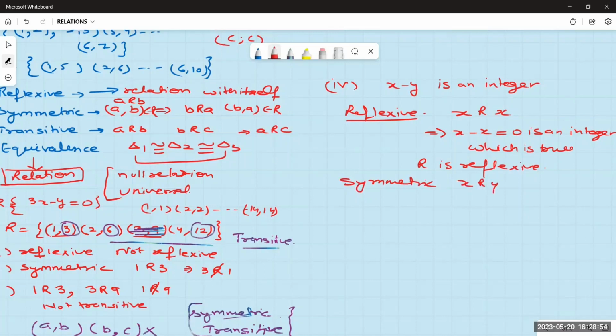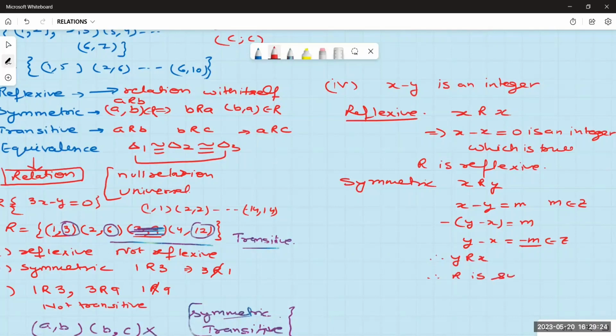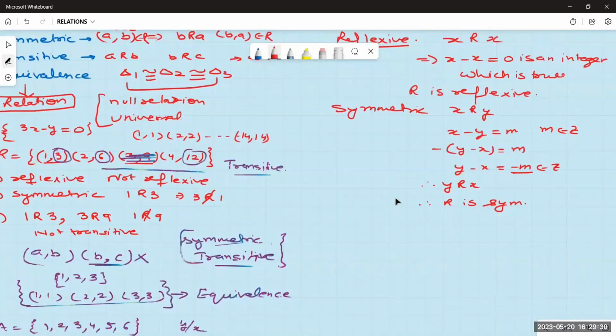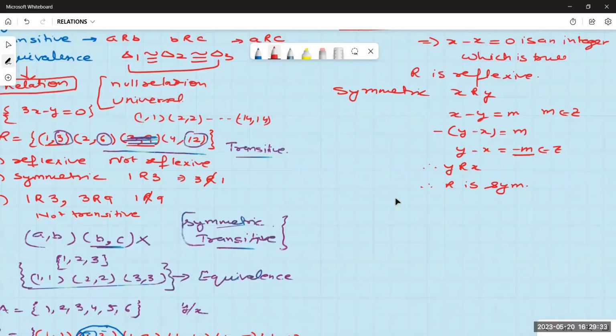सिमेट्रिक, x रिलेटेड टू y है, तो x माइनस y इज एन इंटीजर, तो मैंने m ले लिया इंटीजर। ठीक है, तो इसको मैं लिख सकती हूँ माइनस (y माइनस x), दैट इज ऑल्सो m, और y माइनस x इज इक्वल टू माइनस m, सो इजंट इट दिस इज ऑल्सो इंटीजर। 2 अगर इंटीजर तो माइनस 2 भी इंटीजर है ना। Yes, ma'am. तो y is related to x, therefore R is symmetric. क्लियर? सिमेट्रिक में आपको हमेशा b को पहले लाना है और a को बाद में लेके जाना है। वही हमने किया, देखो y को पहले लाए, x को पीछे कर दिया।